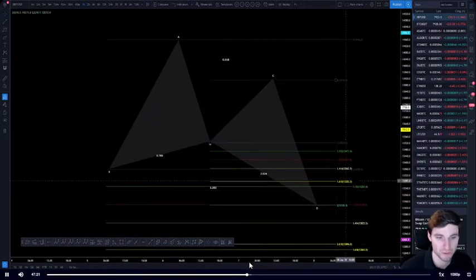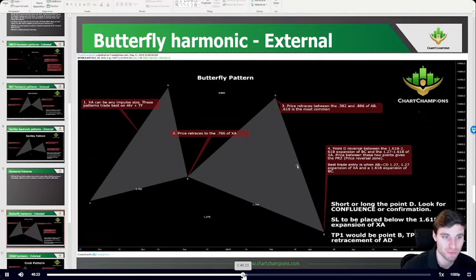Obviously, not a 2618 or 1618 exactly, but it's in the